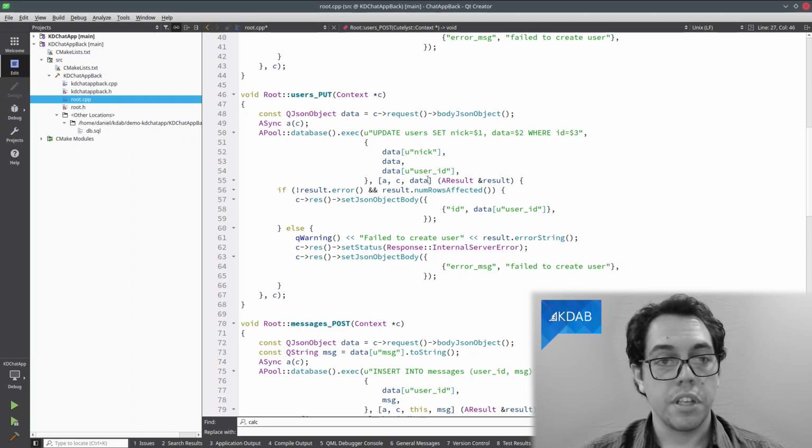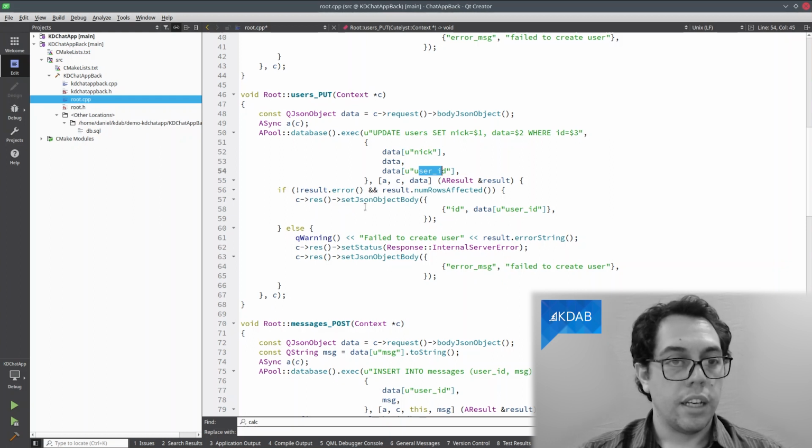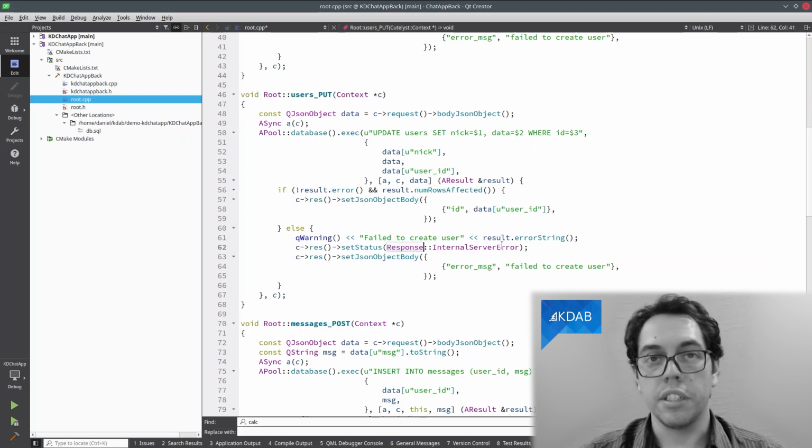The big difference here is that there is a data user ID that we need on the where part. We don't really need to send anything back to the client, but we just don't send an error message and also don't set an error status on this request.